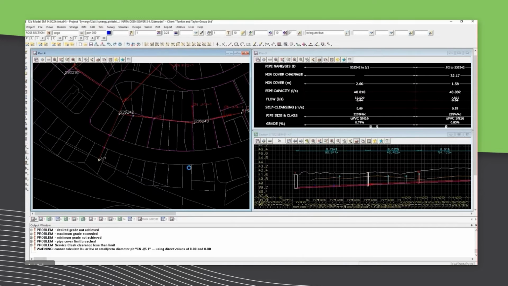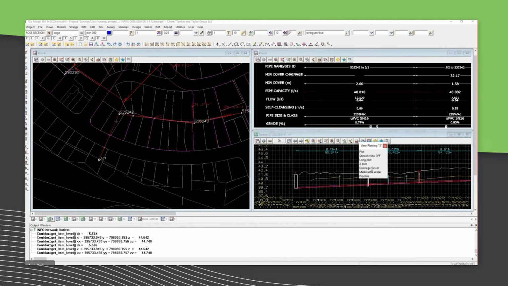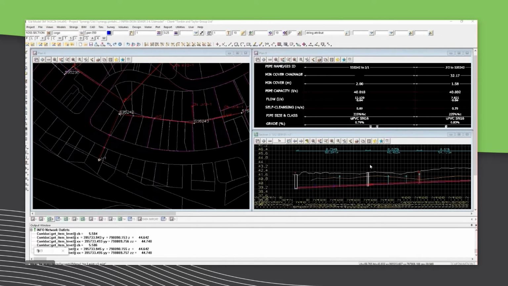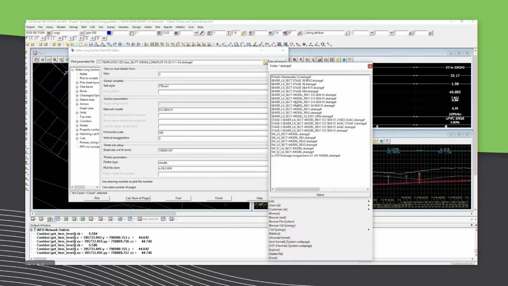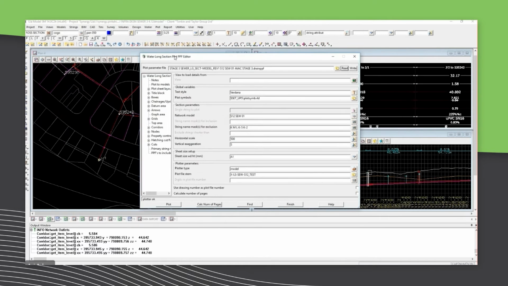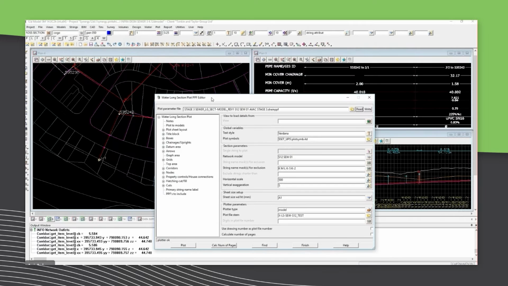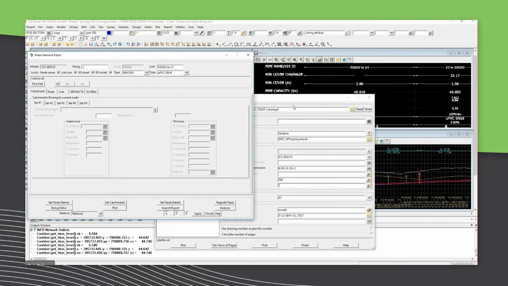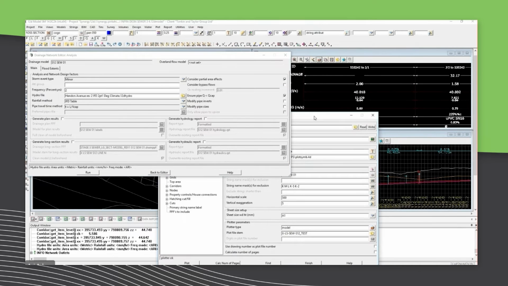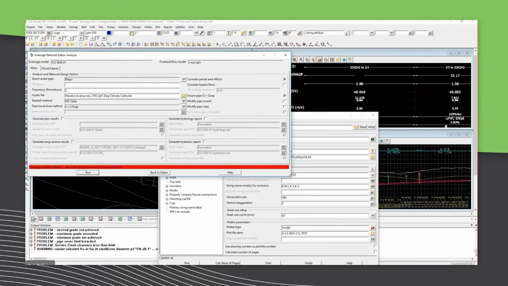Then you go back to the editor, and then you go onto your drainage sewer section plot, and then you pick your view, you run your PPF, you then go back to your analysis page, you run your major flow, and then you plot your section,